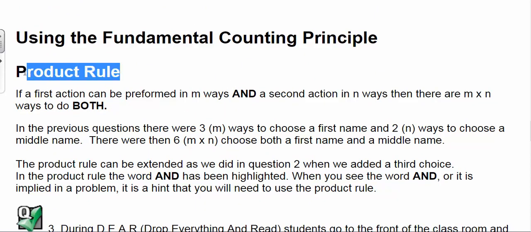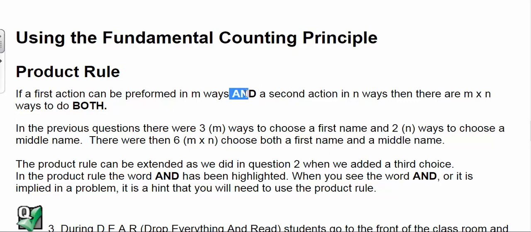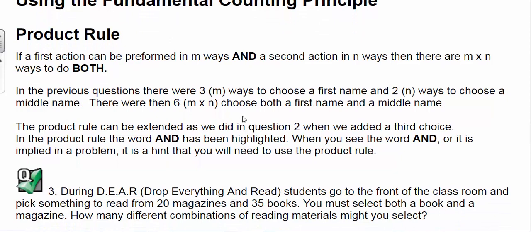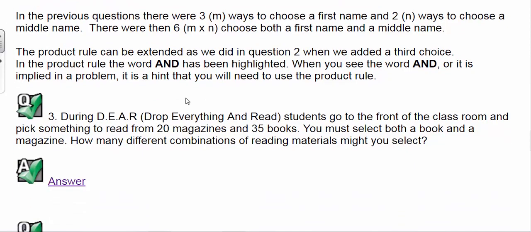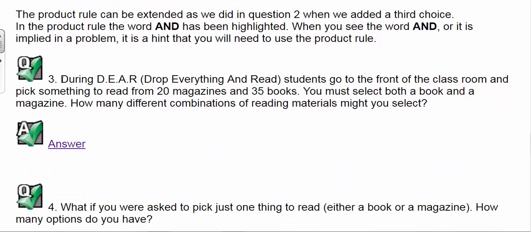And so the product rule basically says that if something is going to happen and something else is going to happen, so one thing then the other, a first action and then a second action, there will be m times n ways to do both. So we can multiply to find out how many possible ways there are. And this just goes through that, saying 3 times 2 gives us the 6, times the next 2 gives us the 12. So if we continue on with the examples here,